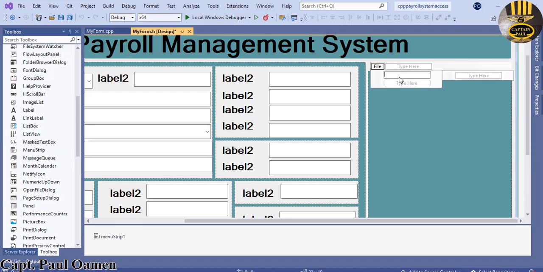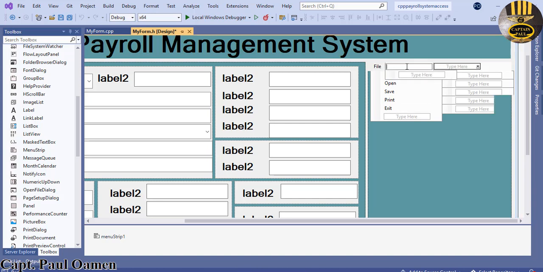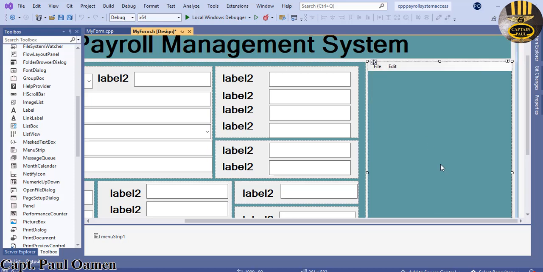as follows. Then here, let's say we have new, then we can open a file through it. Then let's save and print. Then what else can we do? We can exit. There we go. And beside it here, let's enter edit. Inside the edit, we have,